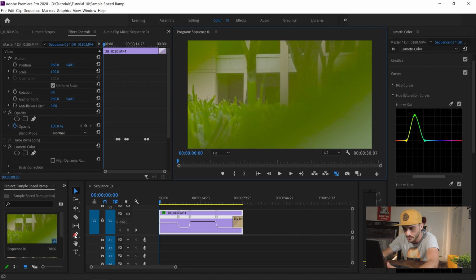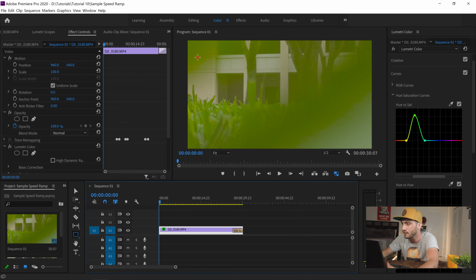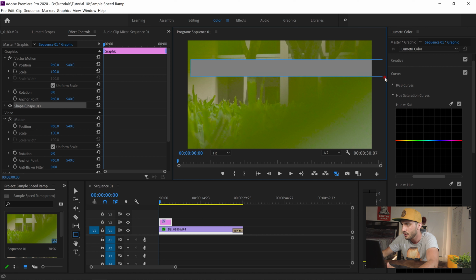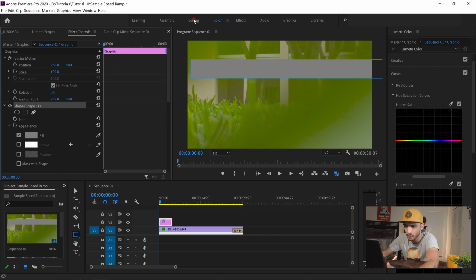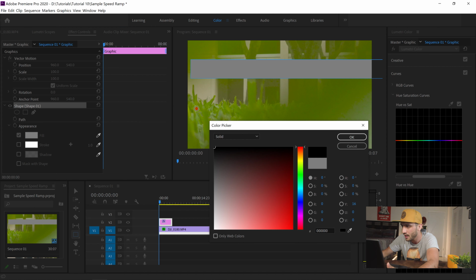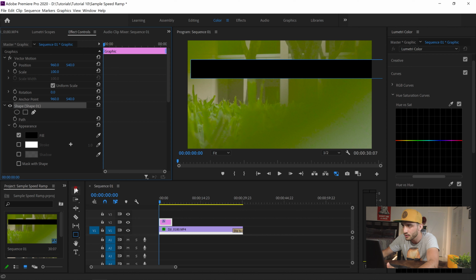So I go over here to pen, I select the rectangular tool, I drag this down, so again I have more speed over here. I just draw a rectangular shape, and I go to shape here, make sure you're on effects control. I go to fill, I make it black, and I move it to the top here,